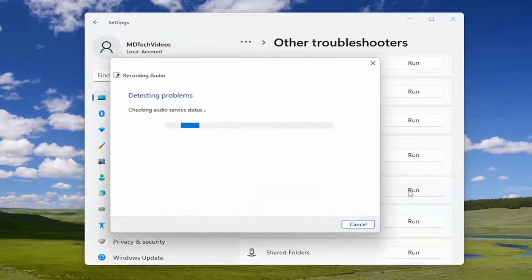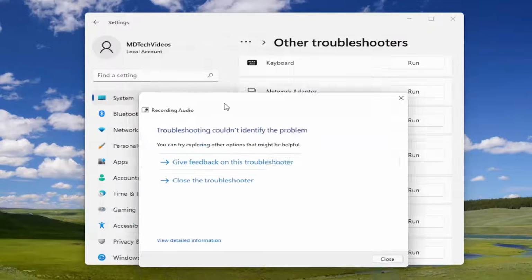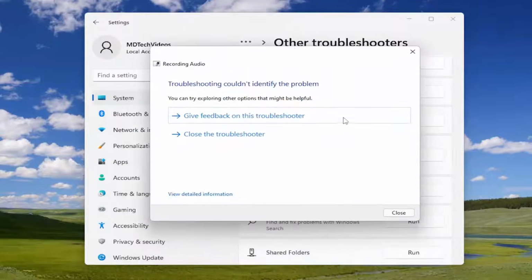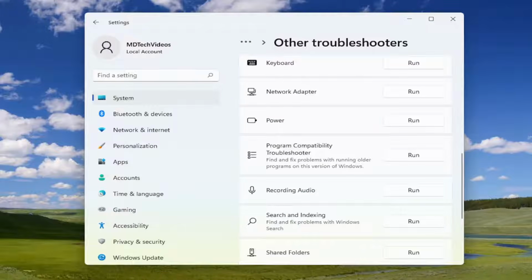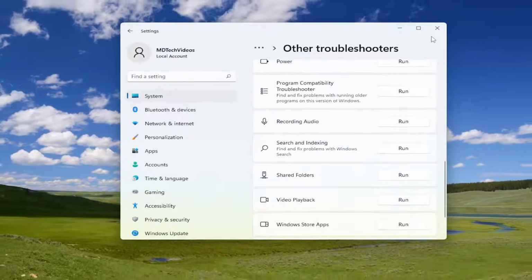On other versions of Windows 10, I believe it might say speech troubleshooter. It should either say recording audio or speech. And you just would follow along with the on-screen prompts. Hopefully that would resolve the problem. If not, something else you can try here as well would be if you were to close out of here